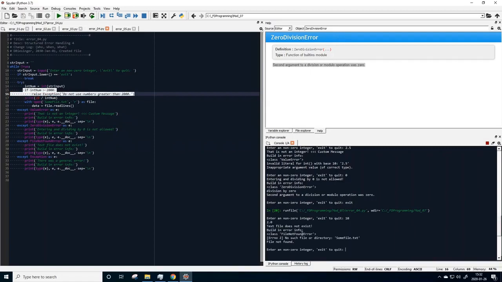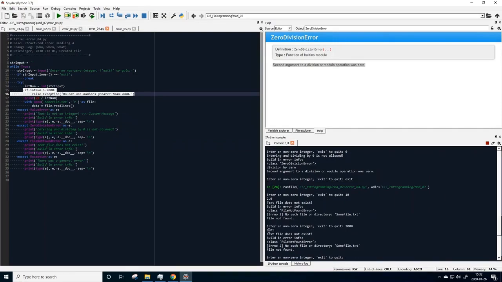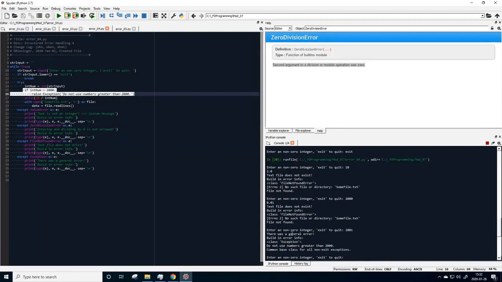If I'm entering 10, I'm dividing 20 by this value, I get 2.0, and I get the final not found error exception as what we had previously. So all the code works the same as previously. If I'm entering 2000, which is the upper limit, the exception is raised the moment I'm larger than 2000, or greater than 2000. So with 2000, I'm still doing the calculation. The moment I'm entering 2001,